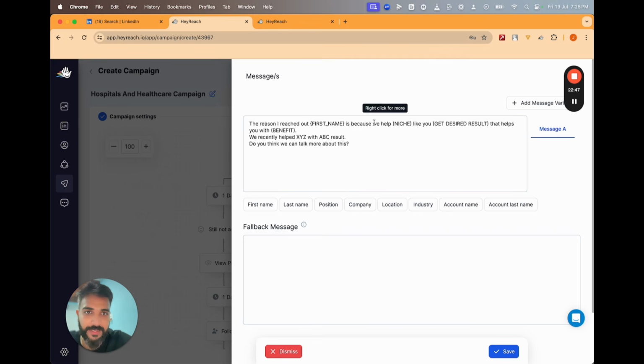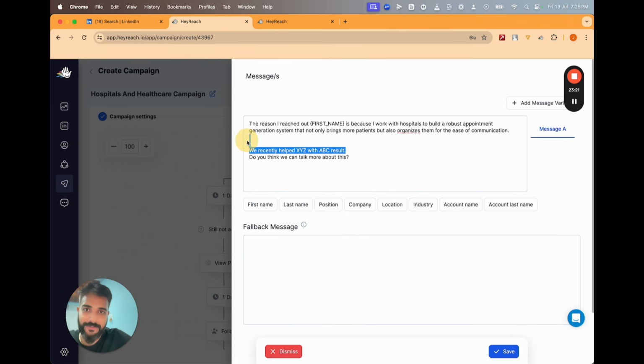Is because I work with hospitals to build a robust appointment generation system that not only brings more patients but also organizes them for the ease of communication, right?